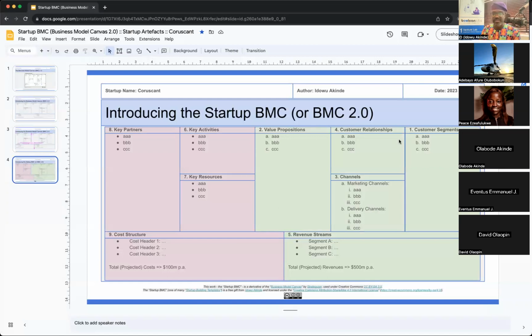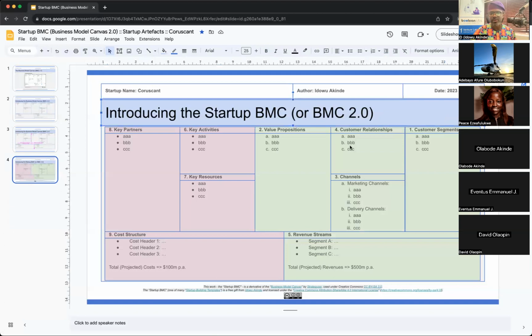So in this session, we're going to run a live practical demonstration of the business model canvas. We're going to fill out a business model canvas together as a team, as a group. And I have a couple of people on this call. So without much further ado,